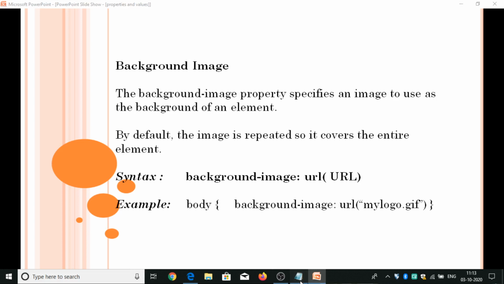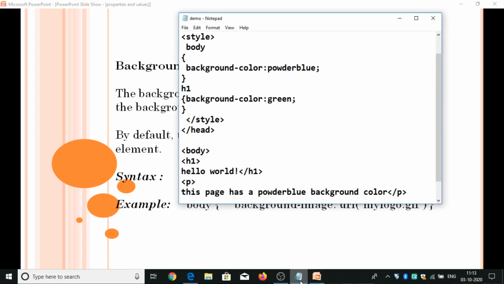Let's see the example for this. Property name is background-image, colon, URL, logo.png.